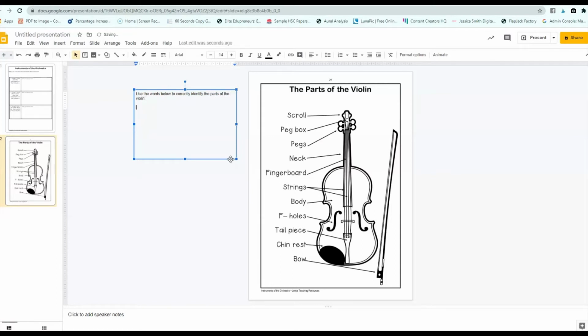You might want to use this link to help you. So if you have a link, I would suggest you put that in there. Kids can click on it. And then put the words. So let me just go scroll. I'm going to mix them up a bit. Bow, peg, box, chin rest, neck,